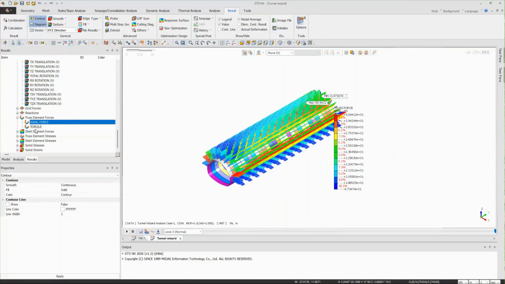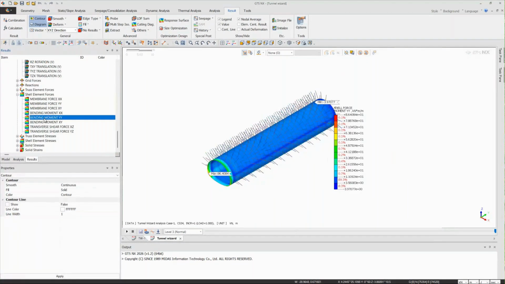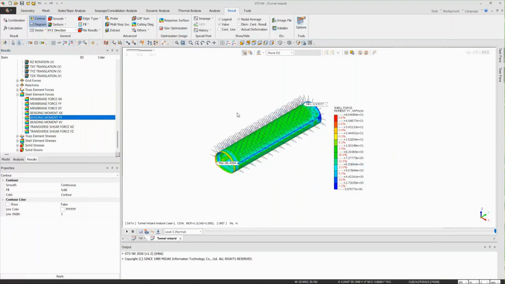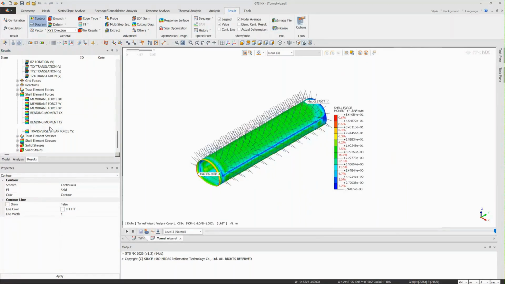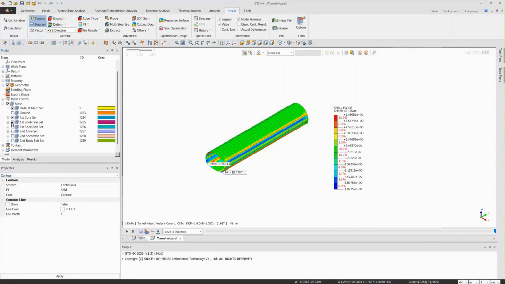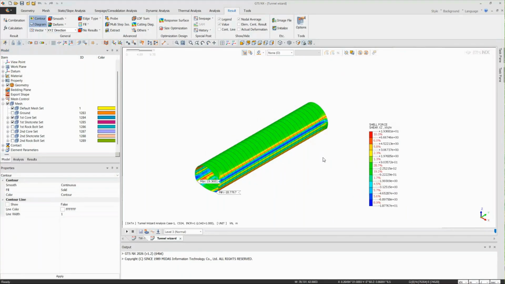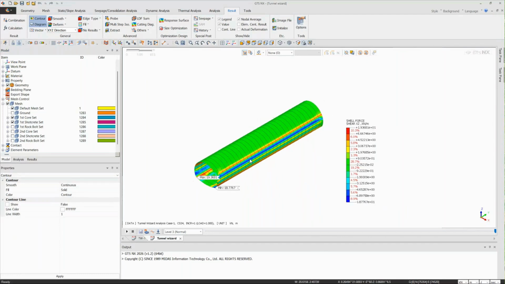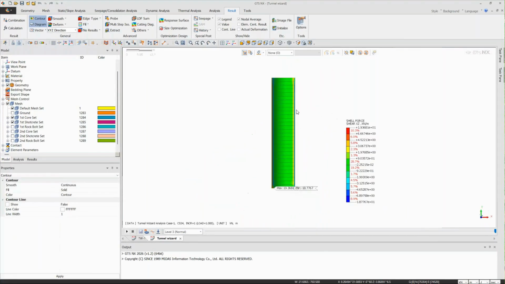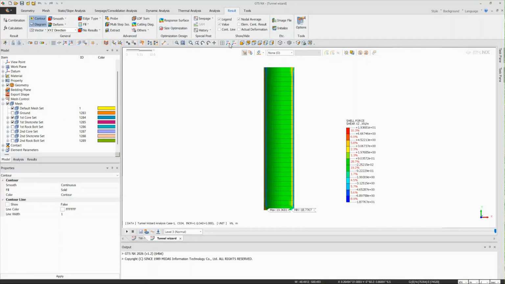And similarly, I can see the bending moment and shear force distribution along the lining. And apart from that, if I want to see the distribution of these forces at any section,